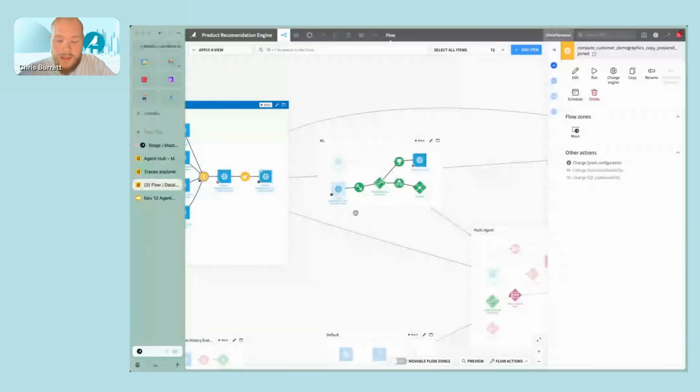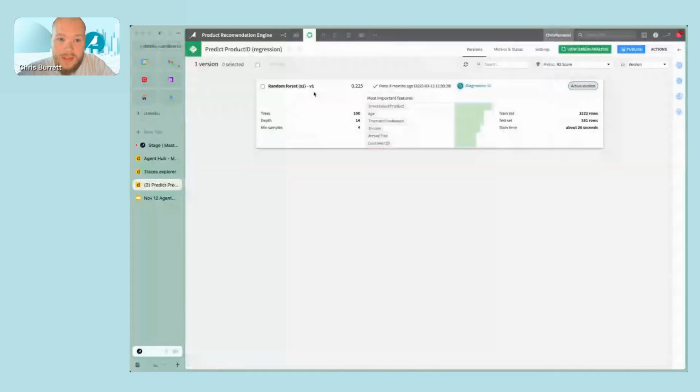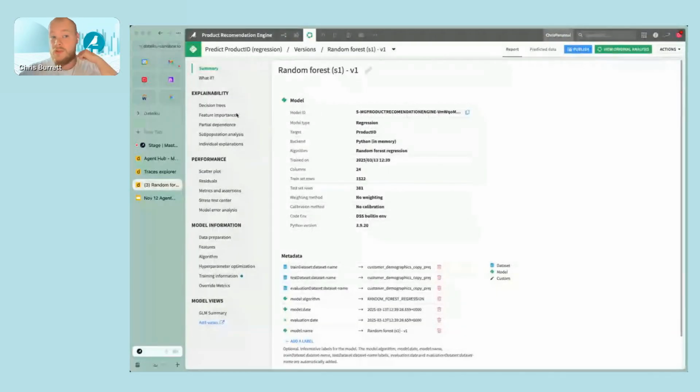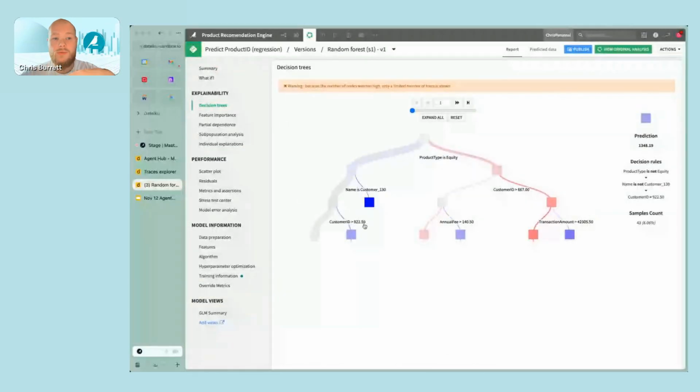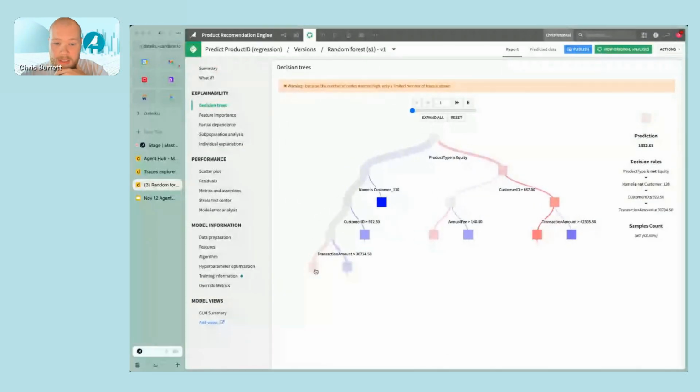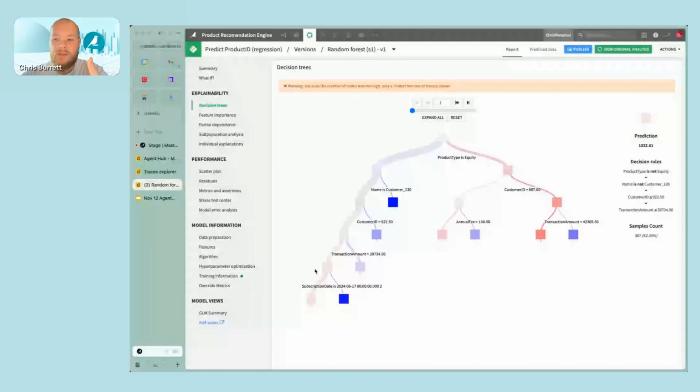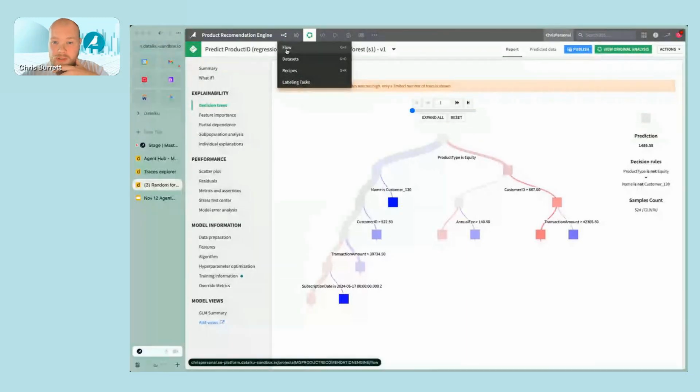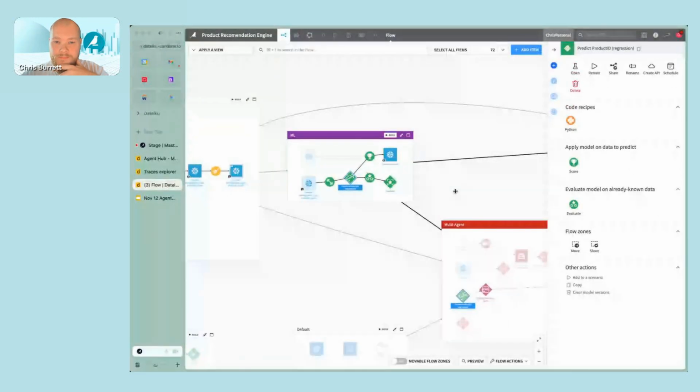The next section here is machine learning. And so this is where we're actually using traditional machine learning based on our historic data to essentially come up with a next best product for our user. And so we can actually go into this one. It's a random forest model that we created using Dataiku's visual machine learning capabilities. We can, of course, go into this decision tree because it is a forest-based model and see exactly how this model is making certain decisions so that we're sure it's not biased towards any specific age group, for example, and it's performant across the board. And so I'm very happy with this model. So this is actually a model I'm going to start exposing to my agents to be able to leverage when we're asking it questions. Cool.